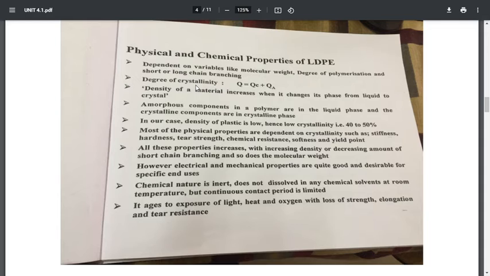So how are the physical and chemical properties of LDPE decided? They are decided depending on variables like molecular weight, degree of polymerization, short or long chain branching, degree of